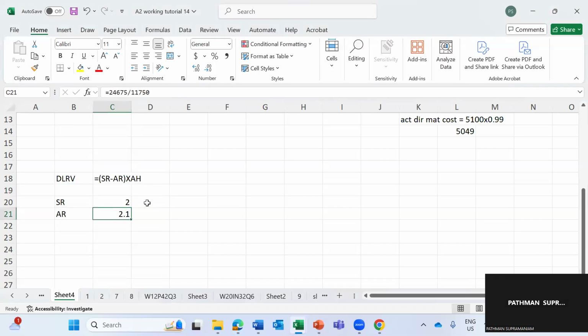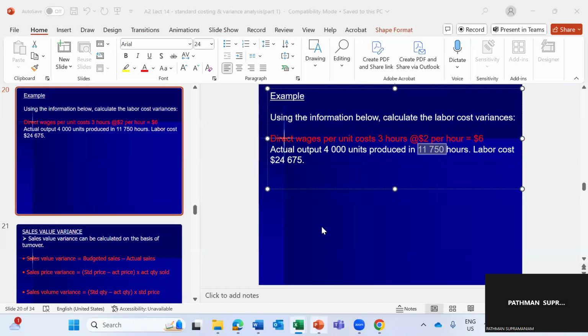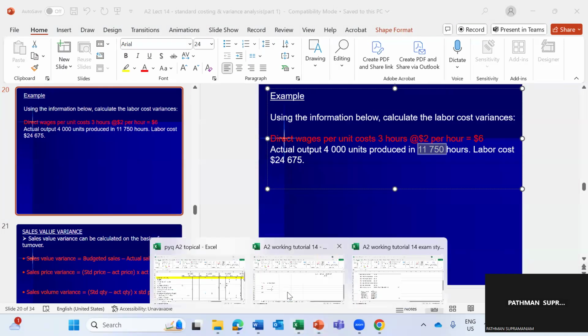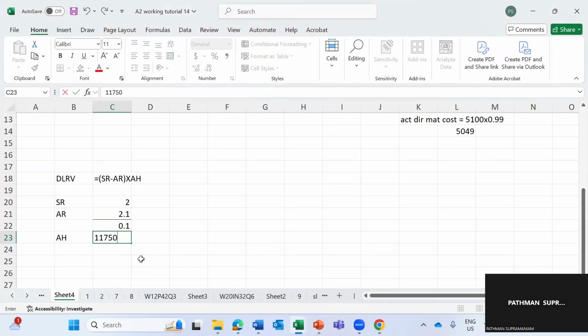So that means from here, you know it's going to be an adverse variance, because we are paying more than what we're supposed to pay. Okay? So standard rate, what you see in the bracket, SR minus AR, is 0.1. So now we need to multiply by actual hours. Go back to the question. Labor actually worked for 11,750 hours. So 0.1 multiplied by 11,750 will give us an answer of